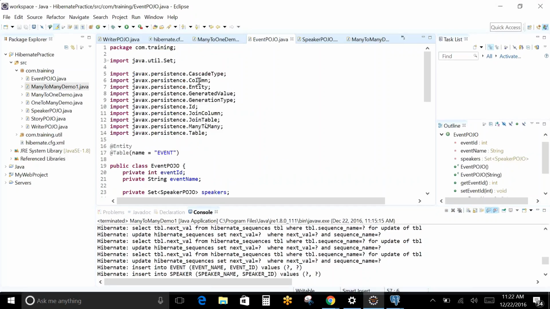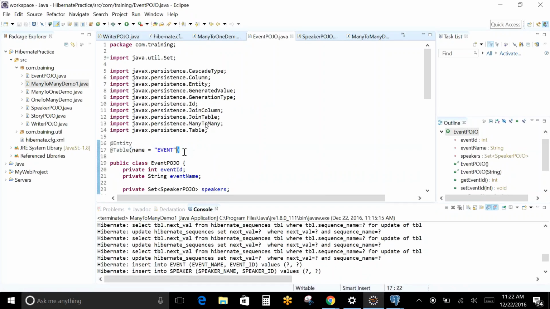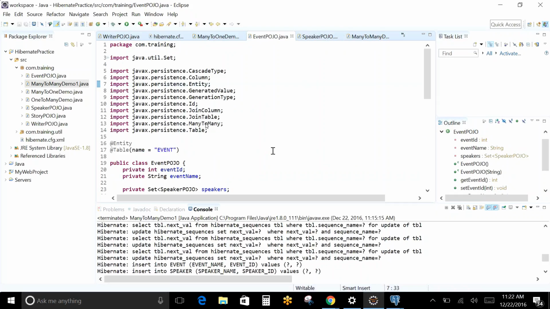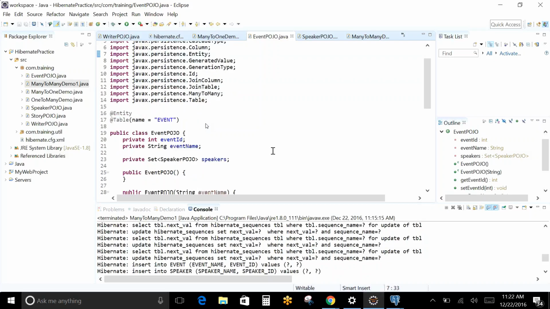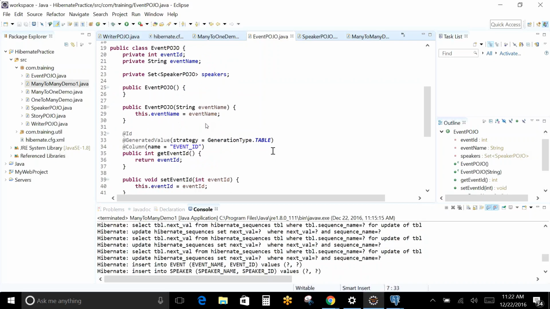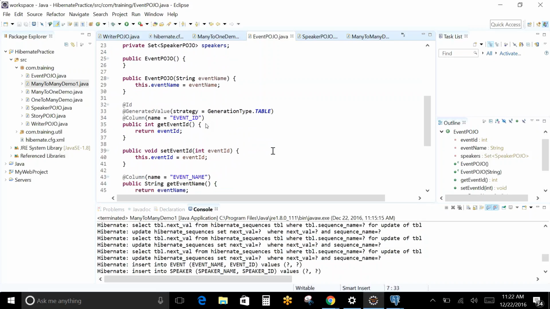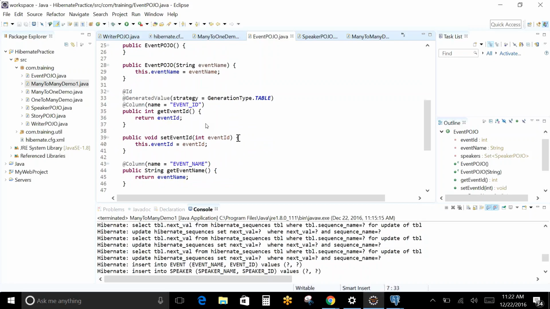Go to Event Pojo. Those annotations are already there. We need to have the many to many annotations. For what purpose did we add this events variable? We added this events variable to bring that many to many association from speaker Pojo to